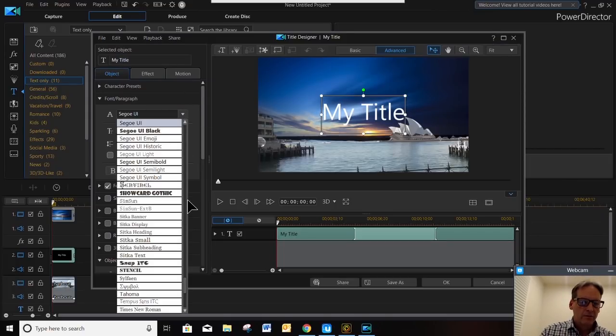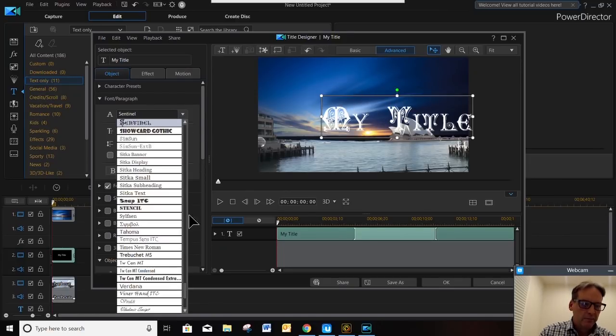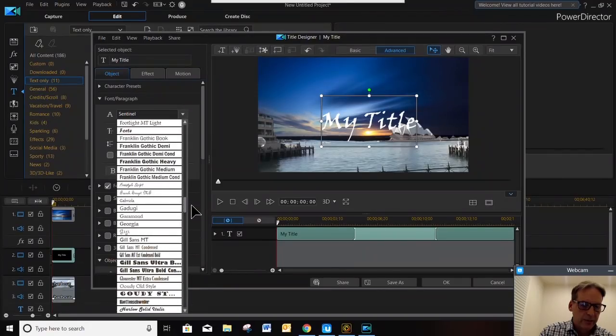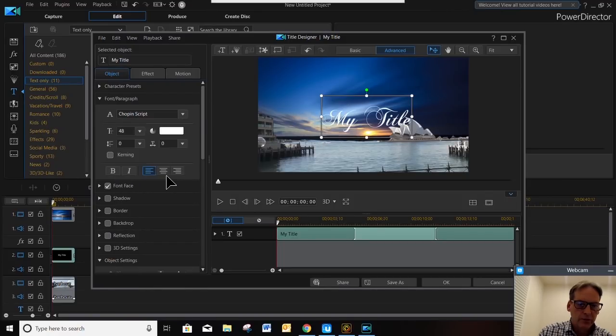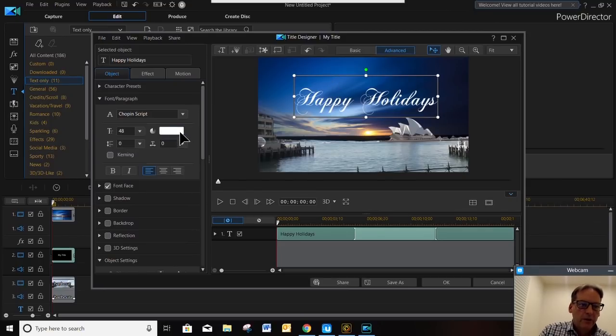So first, we want to do a little bit of a holiday. So we have a Centennial one that I've downloaded from a third party. Chrome, Candy Cane we did earlier. So let's go up to here. Let's see, Chopping Script is the one I like. Okay, now we got our font that we want, positioned it where we want to. We can go in and change the color that we want as well, but I'm going to go for an